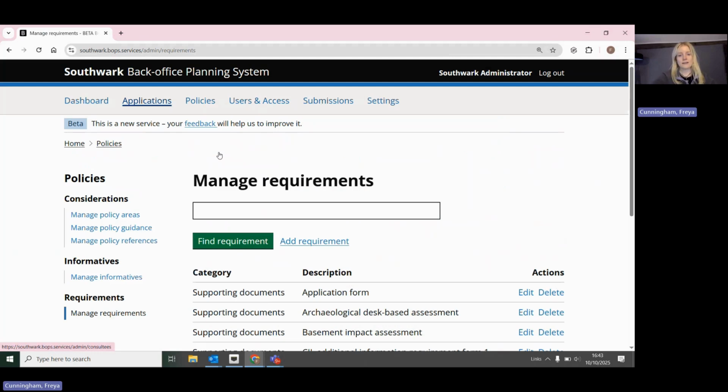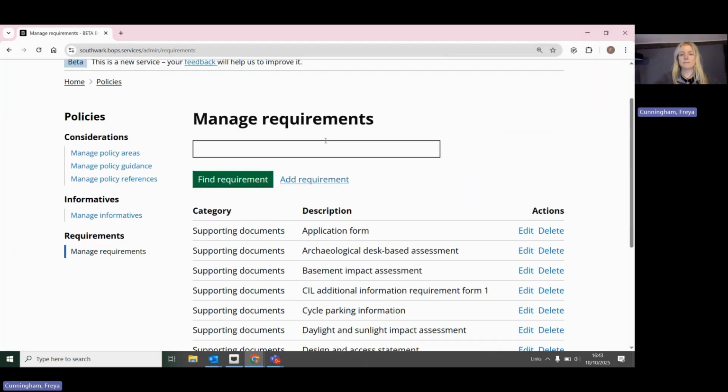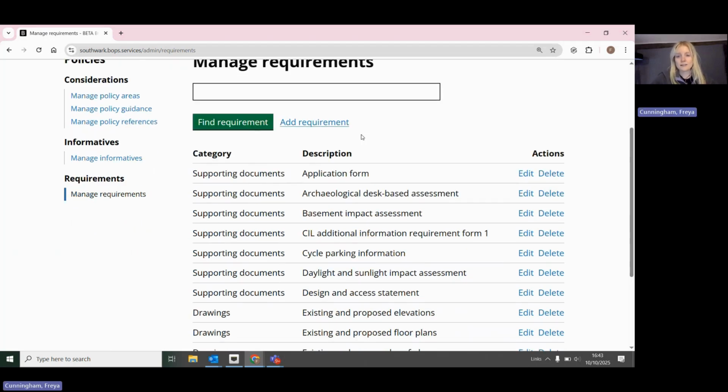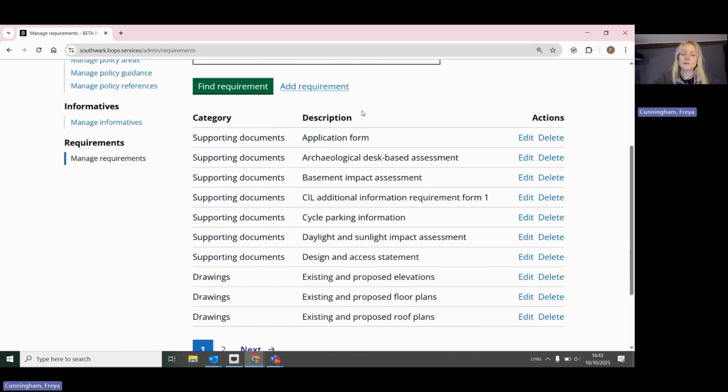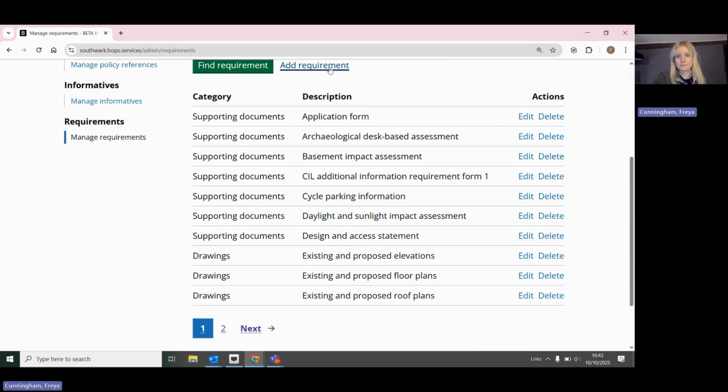And then finally, managing requirements. So this page refers to the pre-app requirements, and it is in effect your validation checklist. So at the end of your pre-app report, when you're telling the applicant what they would need to submit at the full planning application stage, this is where you can compile that list of the documents and evidence types that they might need to submit. So to do that, you click on Add Requirement,